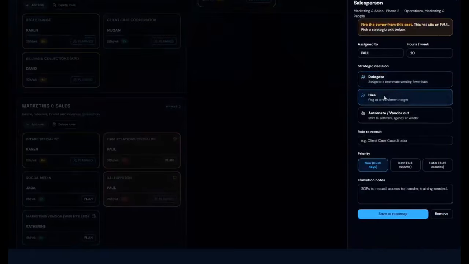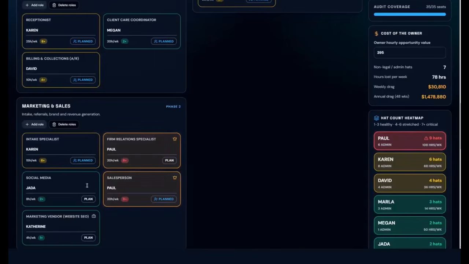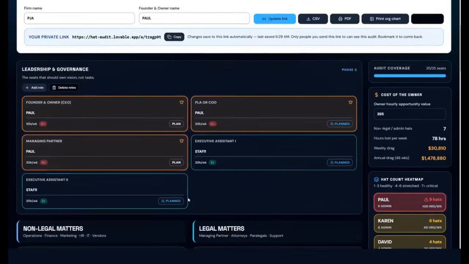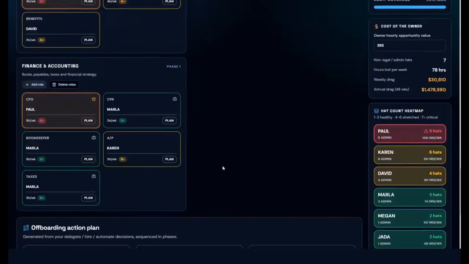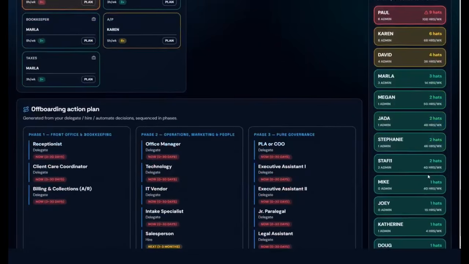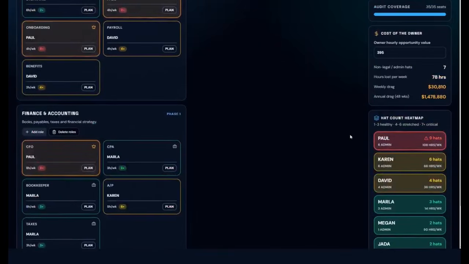Salesperson, we should hire a non-attorney salesperson. And in the next 1 to 3 months. Save that to the roadmap. Okay, there's a lot of other things you do, and you can spend as much time or as little time as you want in this. But what I'm getting at is this creates a nice heat map to kind of show you, because the premise of this whole thing is that there's